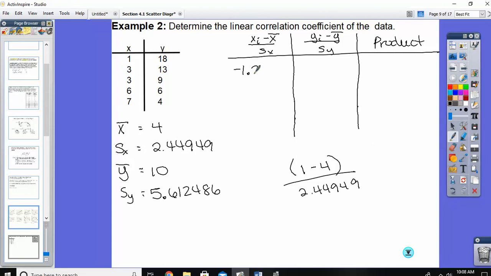I get negative 1.2247. If you hit second enter, you can just bring this back and change your 1 to a 3 for the next one. We have a 3 twice. 6 gives me